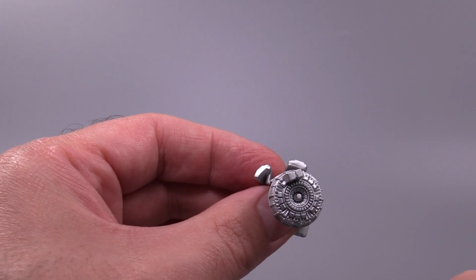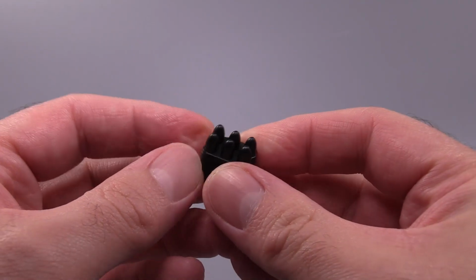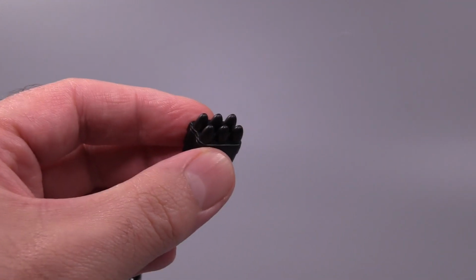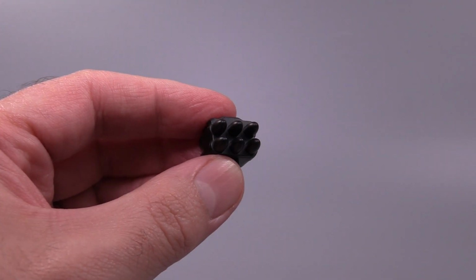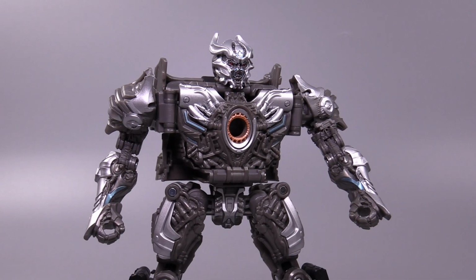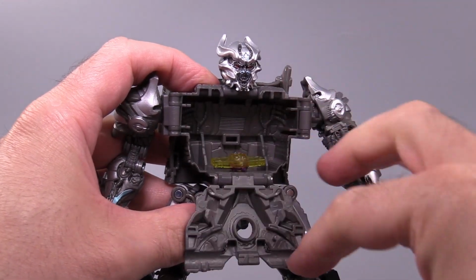Now, the other accessory he comes with is missiles that need to be painted badly. I should really paint those. You know, the missiles, the things he used in the one scene in the movie. The highway scene, specifically. Other than your typical articulation, which we'll cover in just a minute, he does have one gimmick, and that is opening up his chest to reveal...